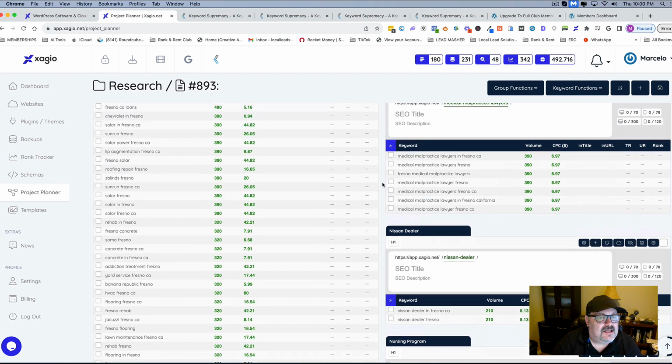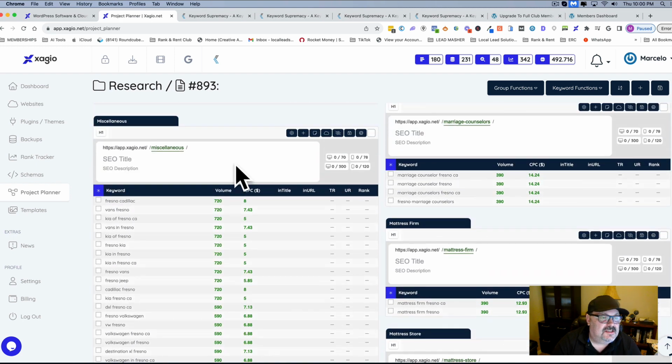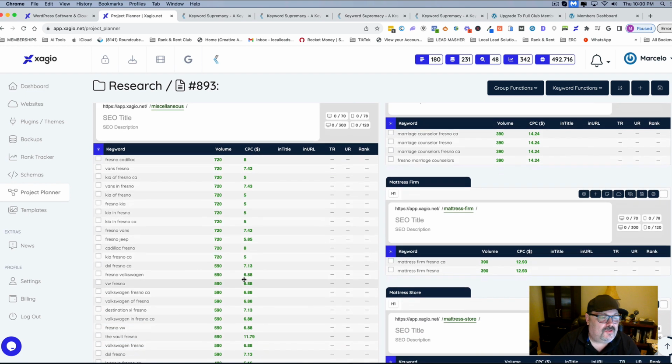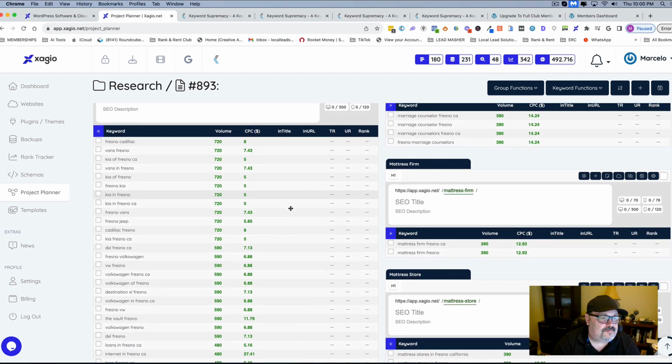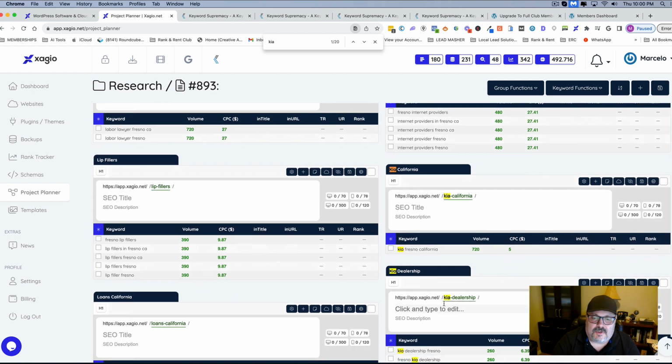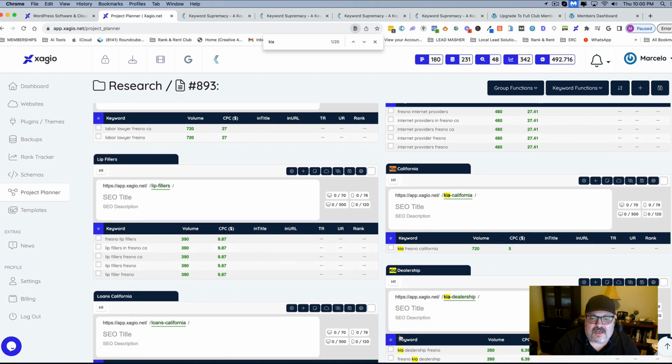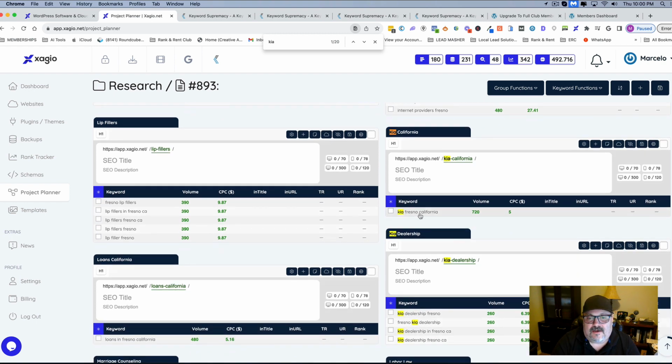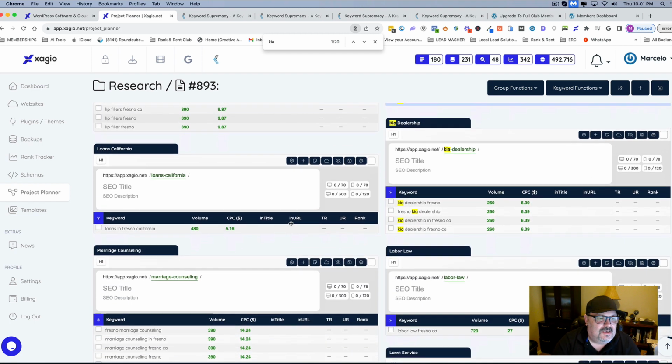And so then also, a lot of times you'll get this big miscellaneous one, okay? And the cool thing about that is, let's say you see this Kia thing right here. You just go Control F, find, and then put Kia. So it's going to find all the Kia keywords, right? Then you put Kia Fresno. So you have these keywords here. Kia Fresno, California. These are all Kia dealership words. So we keep those together, and then maybe we could move this into there. But that's the cool thing. You have this find feature, and that really helps a lot.